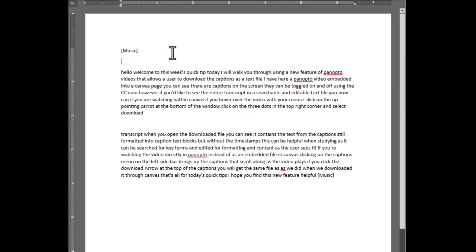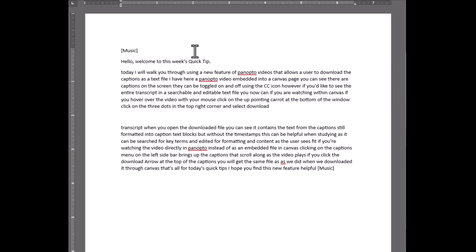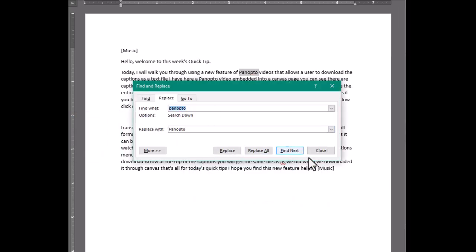Once it's in Word, it's much easier to edit the document. We're going to go ahead and look for things like punctuation, capitalization. We're going to capitalize titles. We're going to make sure that at the end of every sentence, there's a carriage return that helps with the flow of the captions so that it's easier to read. It gives your eyes a little bit of a break at the end of the sentence, and you can start fresh with the new sentence.